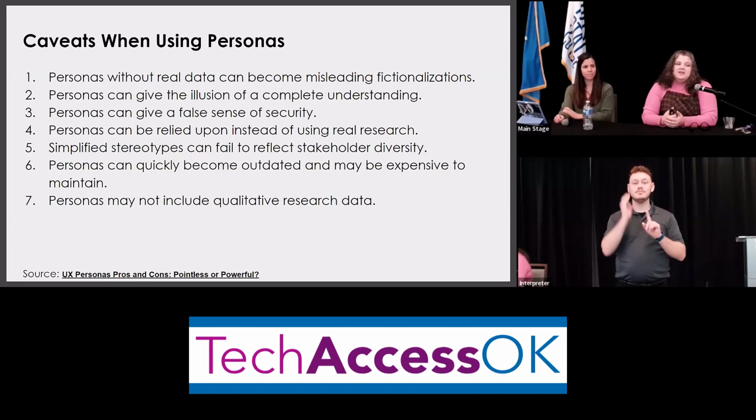Personas can give the illusion of complete understanding. My example of this is my own three children. When you've met one person with autism, you've met one person with autism. My own three children were generated from the same set of biological parents. My husband and I are still married. And all three of my children manifested on the spectrum in different ways. Their pediatrician would laugh every time she looked at them because she's like, I know they came from the same set of parents, but the autism looks very different in all three of them. They all have different and unique needs as a result of that.